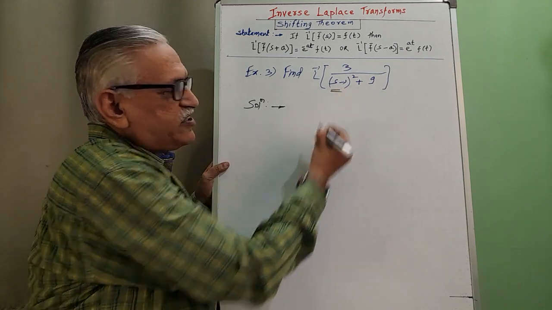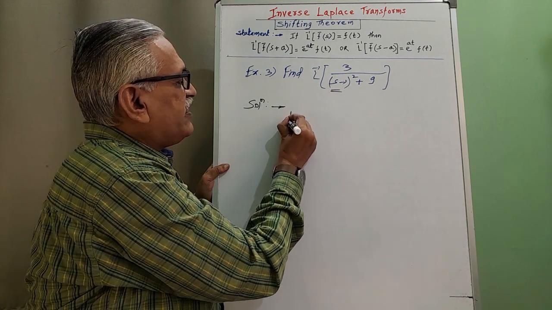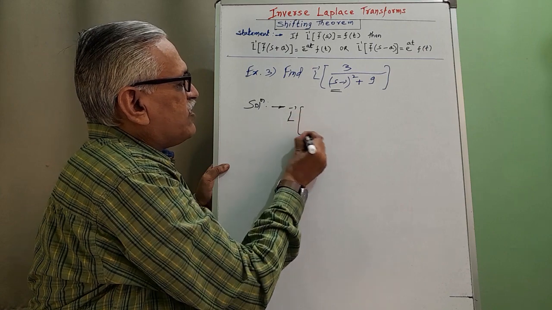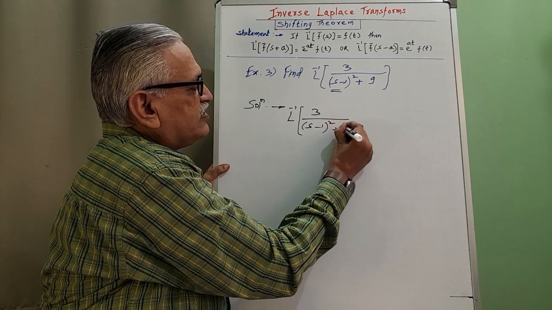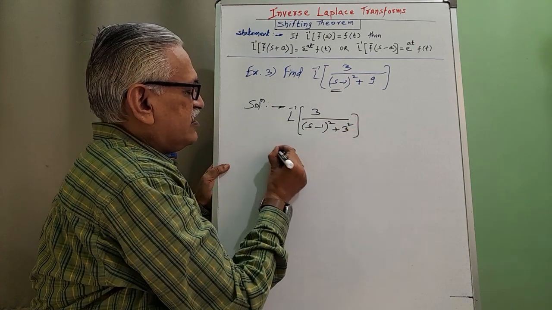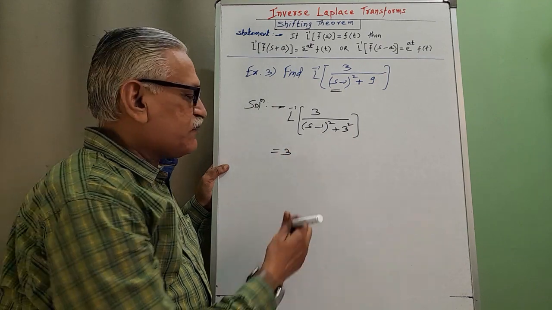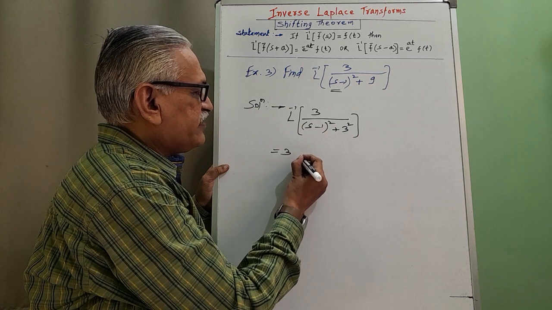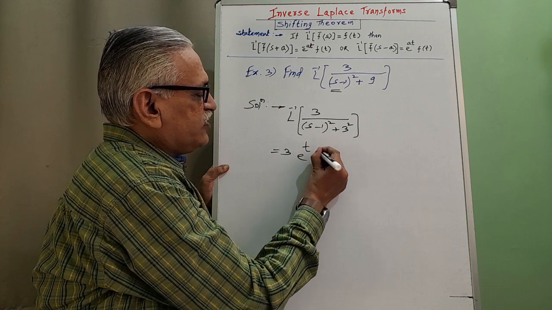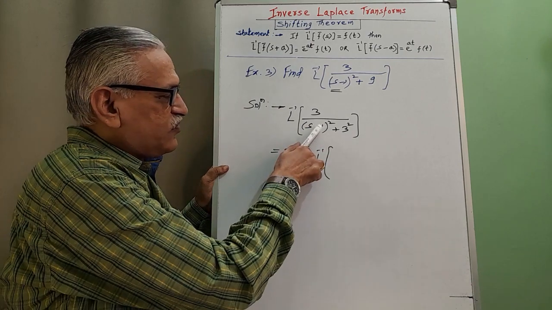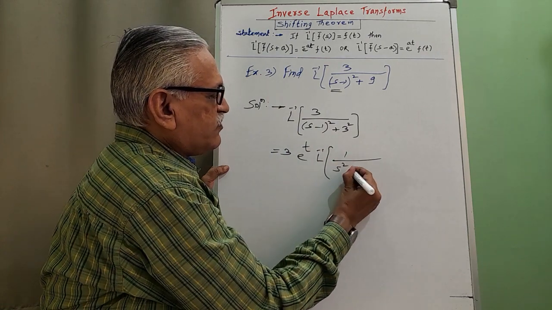As here s is replaced by s minus 1, it is a problem of shifting theorem, and therefore we can rewrite that inverse problem. 3 I can take outside, and as s is replaced by s minus 1, we have to multiply the inverse by e raised to plus at, a is here 1, therefore e raised to t, into inverse of, neglecting that 1, the remaining term is 1 upon s square plus 3 square,